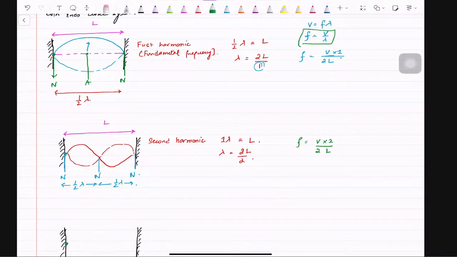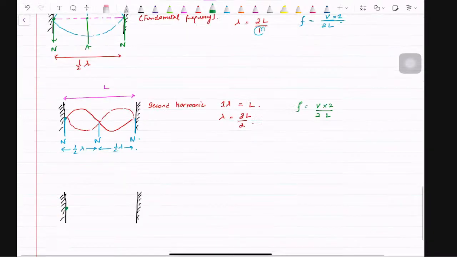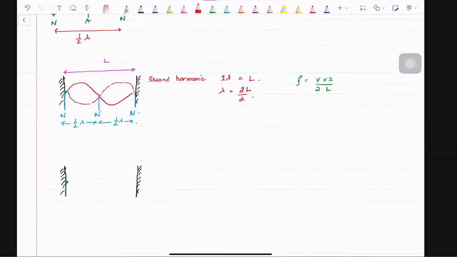Okay. Now on to this third harmonic. So if you go on to the third harmonic, basically,